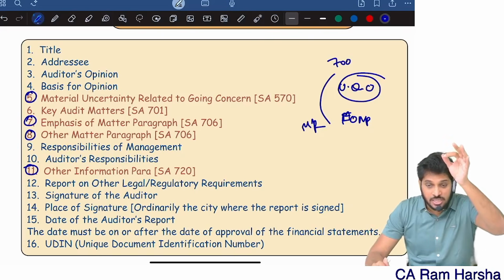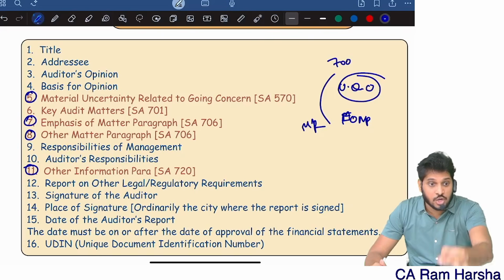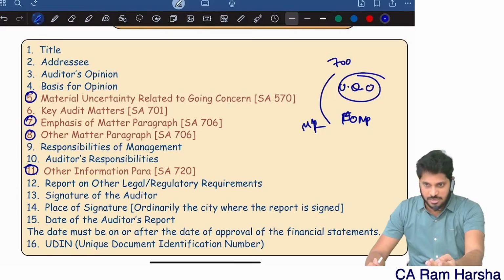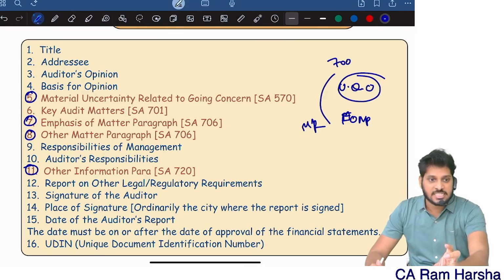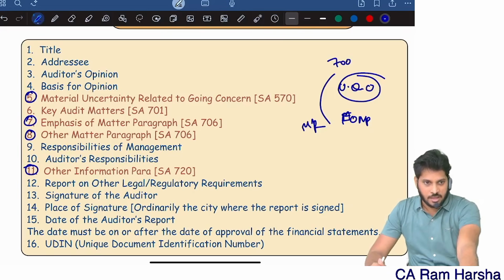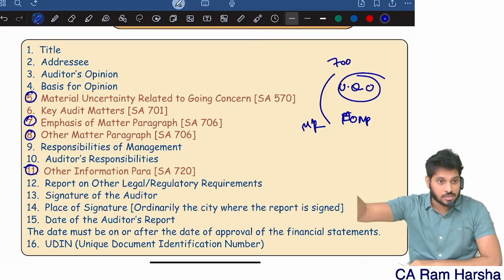If an audit report is given as per 700 format with unqualified opinion, without emphasis of matter, without other matter para, without other information para, without material uncertainty related to going concern para, just a normal audit report with unqualified opinion, then that report is called an unmodified report.